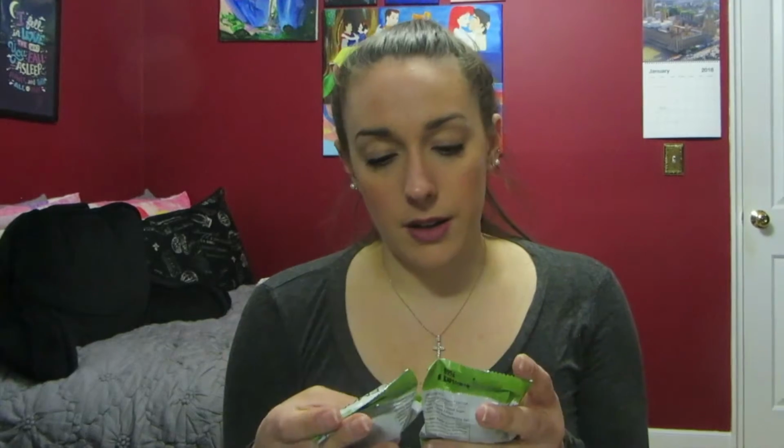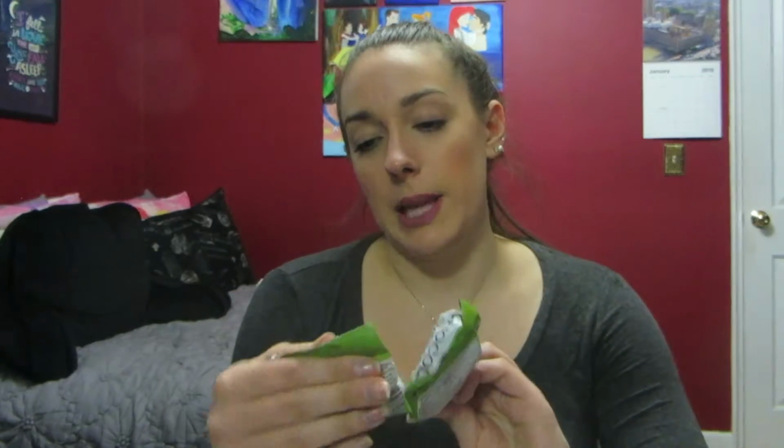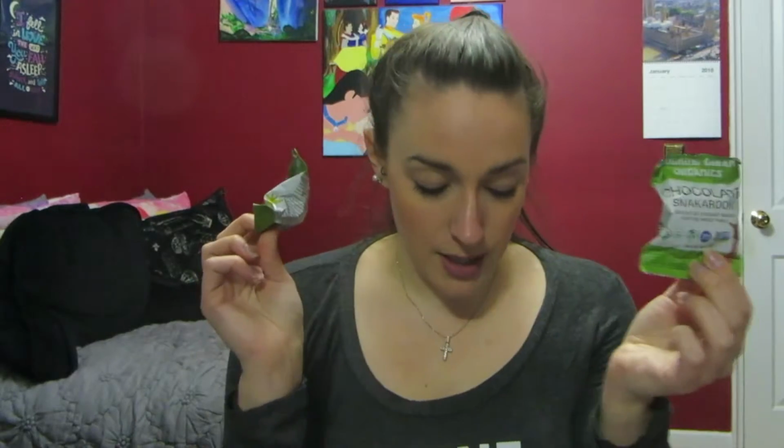I love the packaging. Then it looks like we have some snacks. Okay, they are from Laughing Giraffe Organics. They come in these little packages. So this one is a lemon snackaroon and then a chocolate one. So I'll have to try these out. The other snacks that I got, I forgot which box it was, but it gave the Justin's peanut butter cup, which was absolutely delicious,